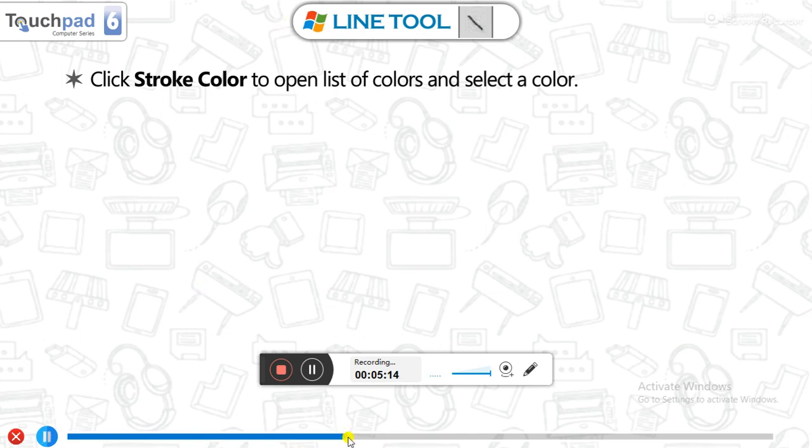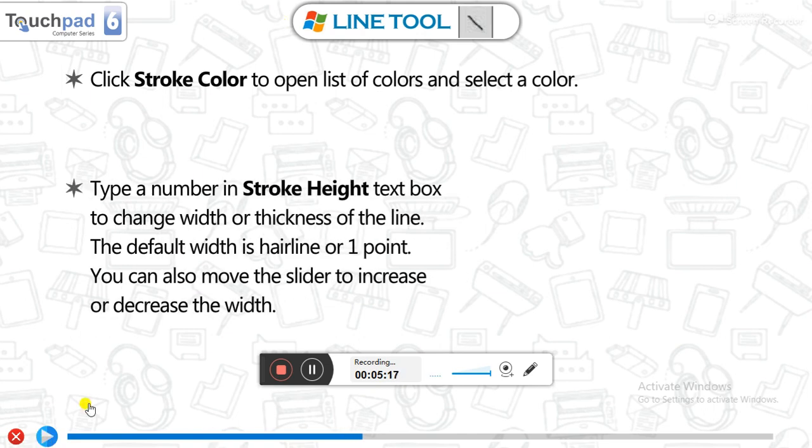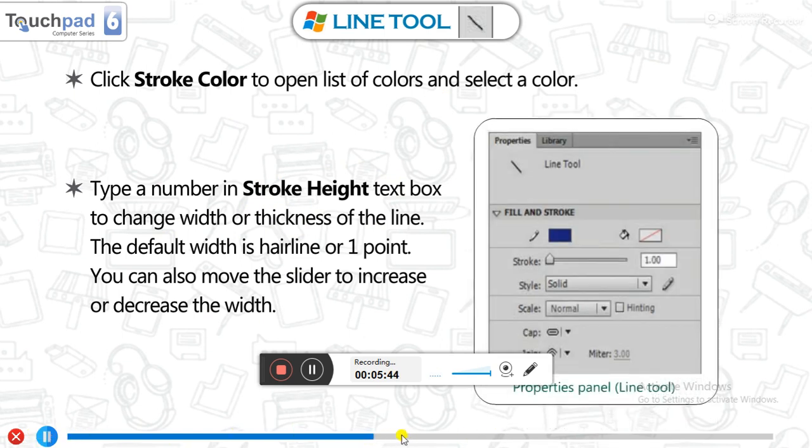First, stroke color: this property of the line tool is used to set the color of the line. Another option is stroke height, which changes the width or thickness of the line.